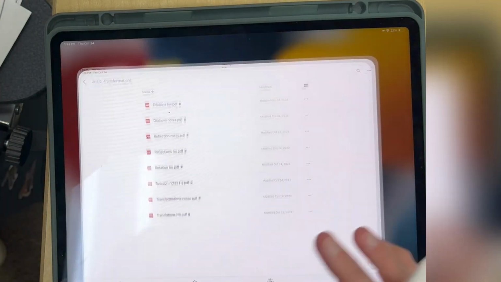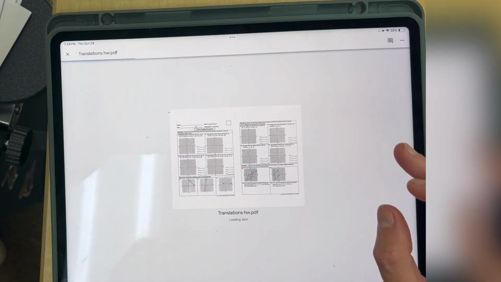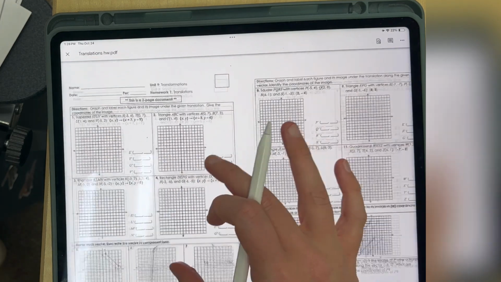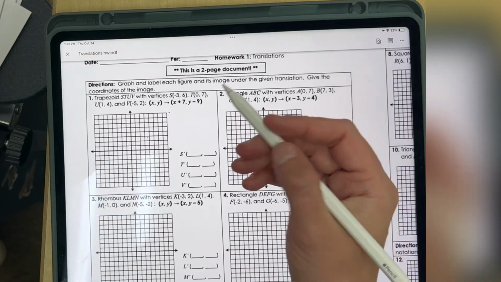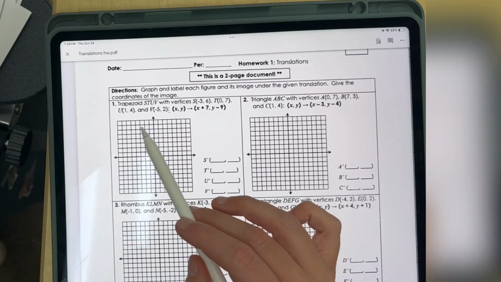Okay, let's talk about the homework. Okay, that was way enough notes. Translation homework is just like the worksheet, so you can follow along. This one says label and graph each figure. So you're going to graph